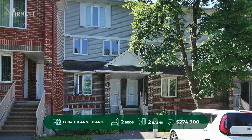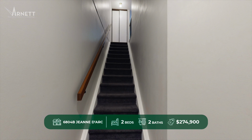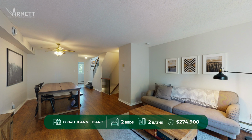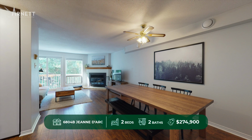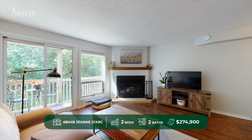Take notice of a rare opportunity to own this clean, well-maintained upper unit condo, surrounded both by nature and convenience. This 2-bedroom, 2-bathroom unit is perfect for the first-time buyer, or if you're ready to downsize and enjoy a low-maintenance lifestyle. This spacious open-concept living and dining room area feature updated laminate flooring and a wood-burning fireplace that adds that